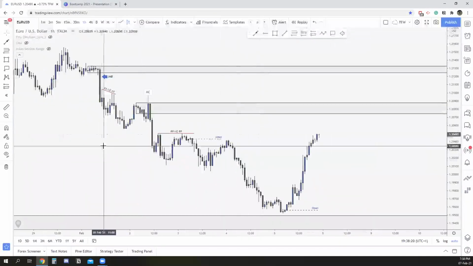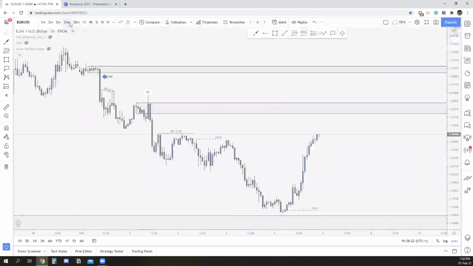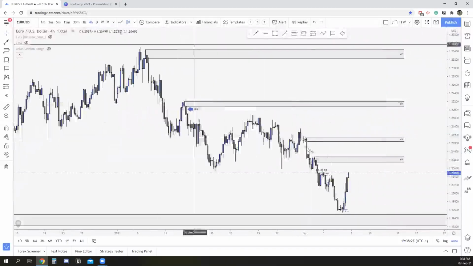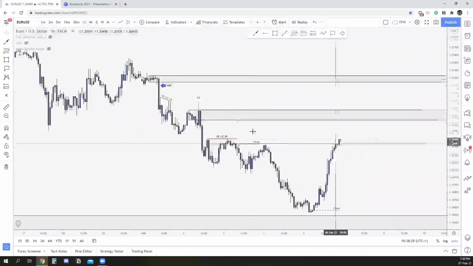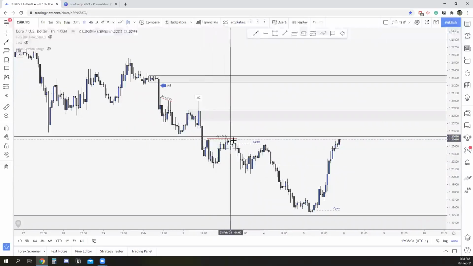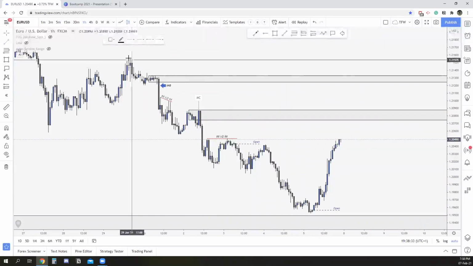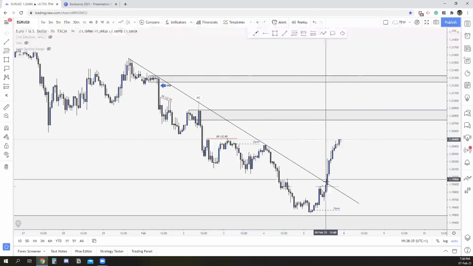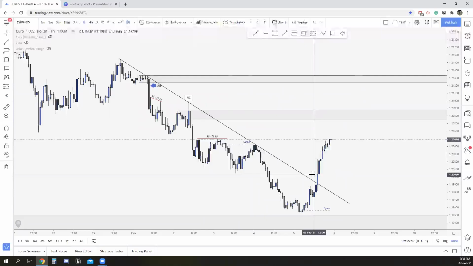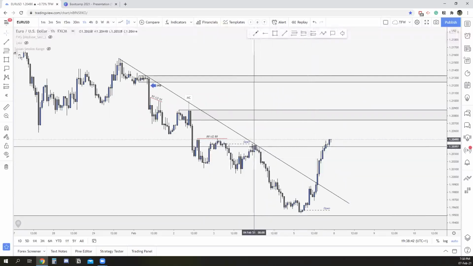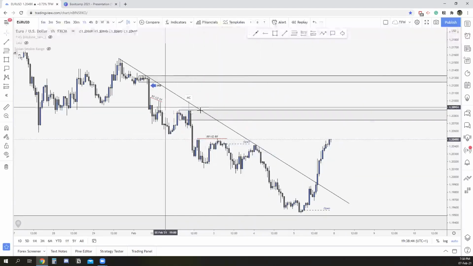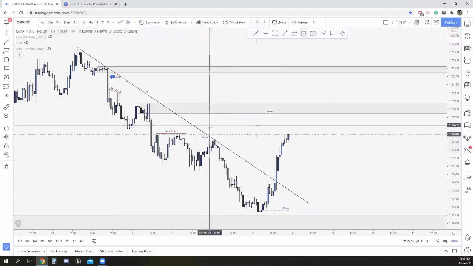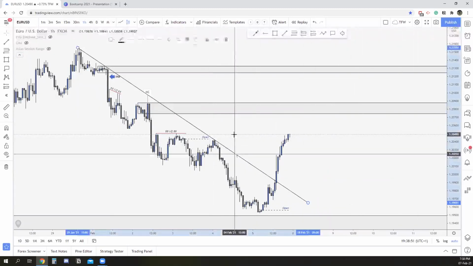Let me see, was it EU? I'm not sure. I marked it somewhere. Even if you have a look at it, guys, let me drop to the hourly. Have a look at all of those series of lower lows. What will retail traders do? Guess what they did right there? So many bad stop losses right here. Above this high, there are stop losses, stop losses everywhere. So the market will go from one liquidity point to another. This is how it moves.